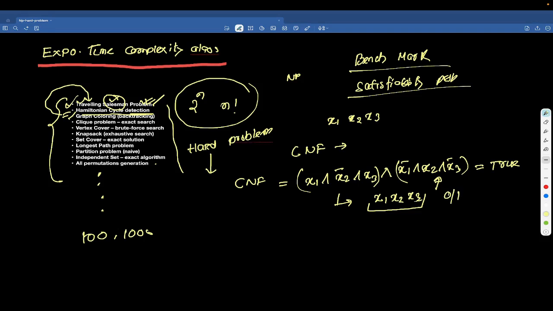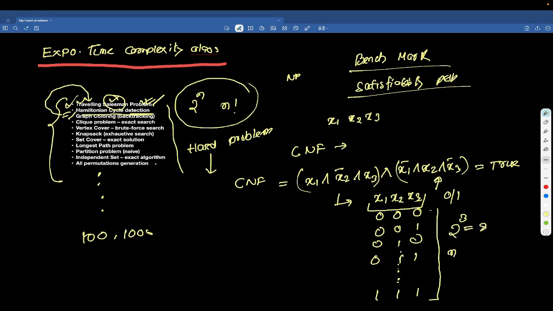Then we need to find out various combinations; the possible values are 000, 001, 010, 011, and till 111. So for three variables we can have a total of 2 to the power 3 combinations, which equals 8, and for n variables we'll have a time complexity of 2